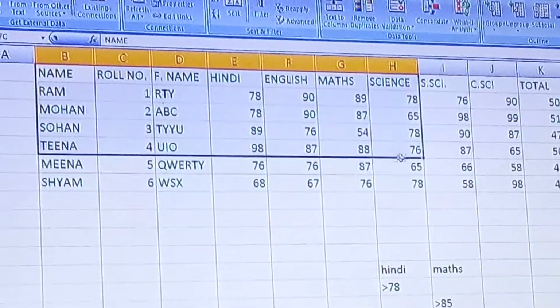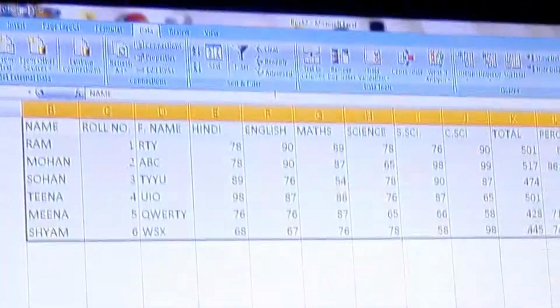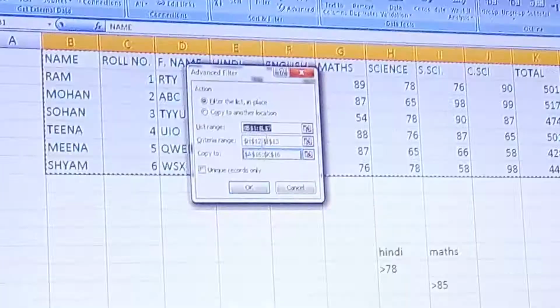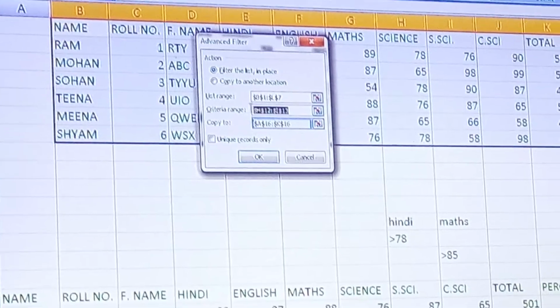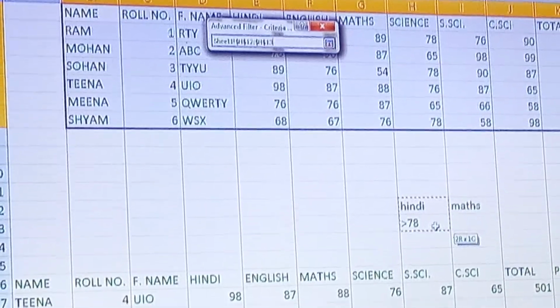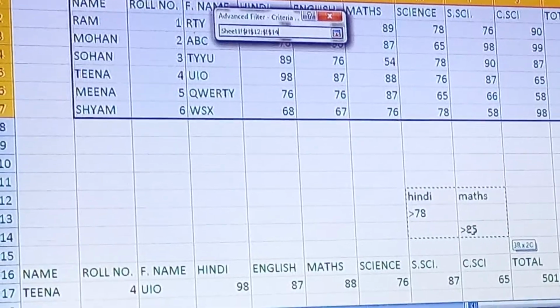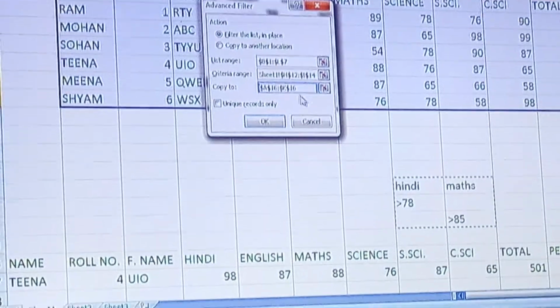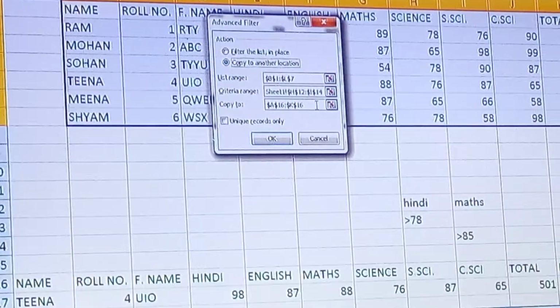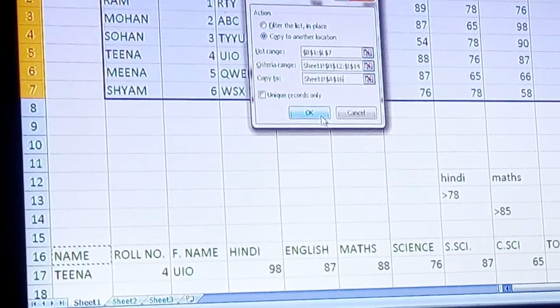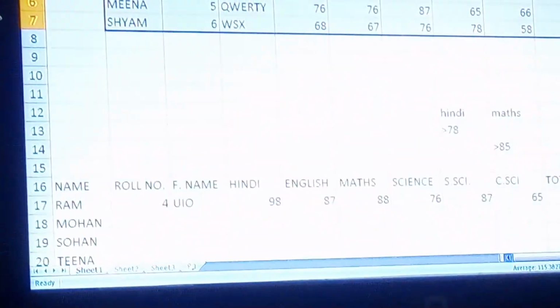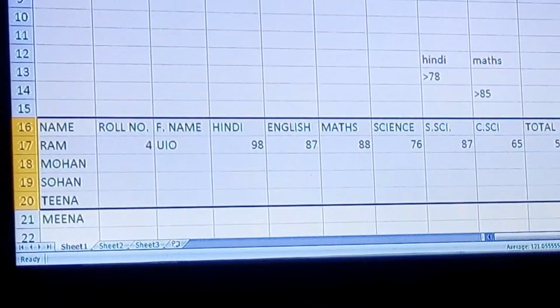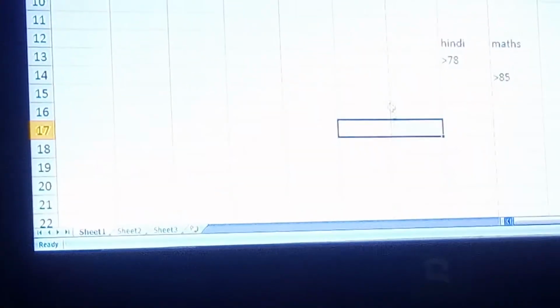Now select the range. Now advanced. Now change the criteria range. Now the criteria range is here. Copy to. Suppose I give the copy to, and you type a new location. Suppose I leave it there. Okay. Now this time it will show all those records having marks greater than 78,